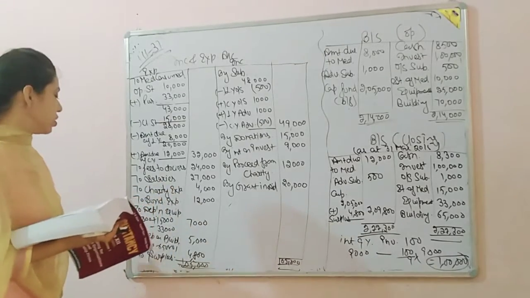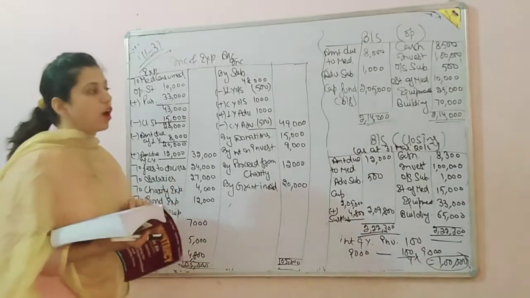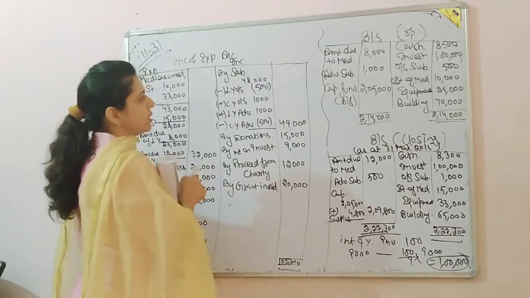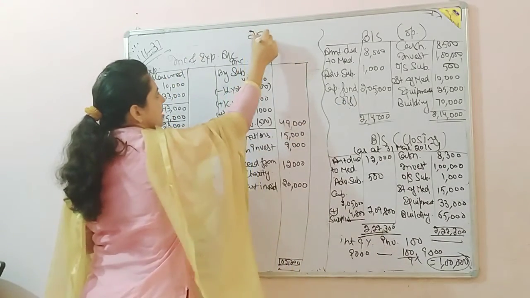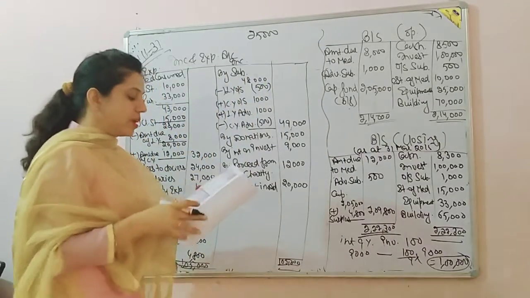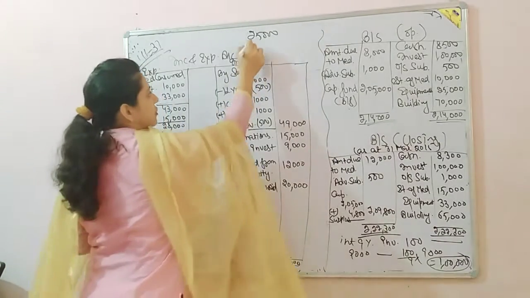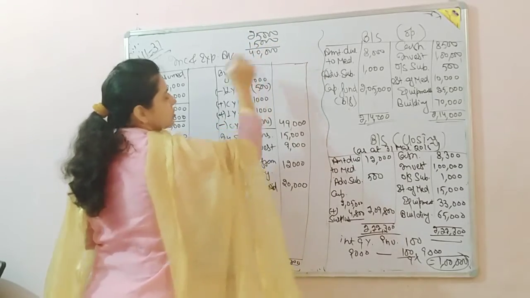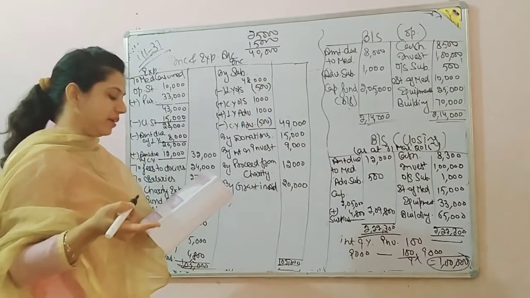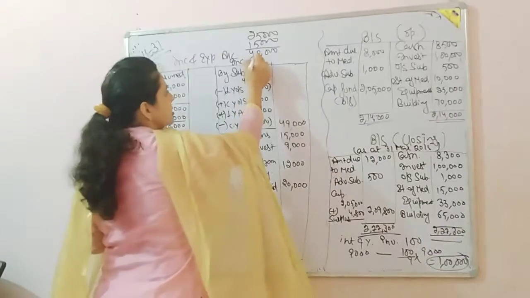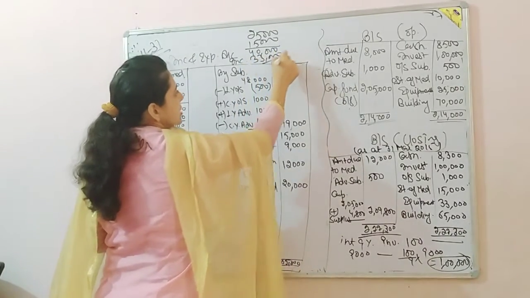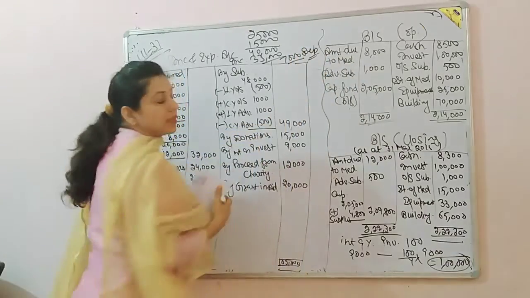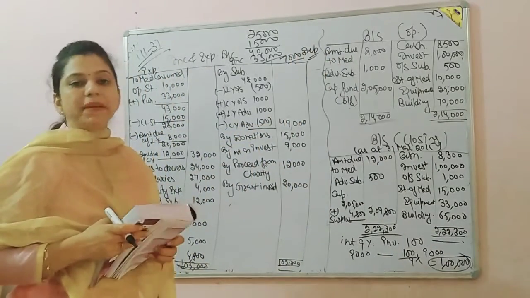Equipment purchased. So equipment purchase. Now how will we calculate depreciation? Opening balance of equipment is 25,000. Plus we purchased 15,000. So 25 plus 15, we should have 40,000 value. But at the end the value given is just 33,000. So 7,000 is the difference. This difference is called depreciation.